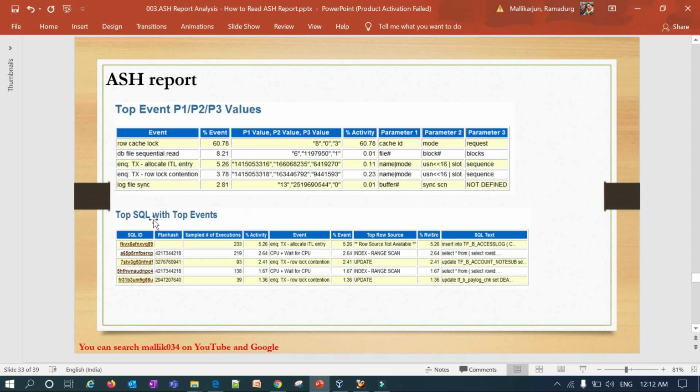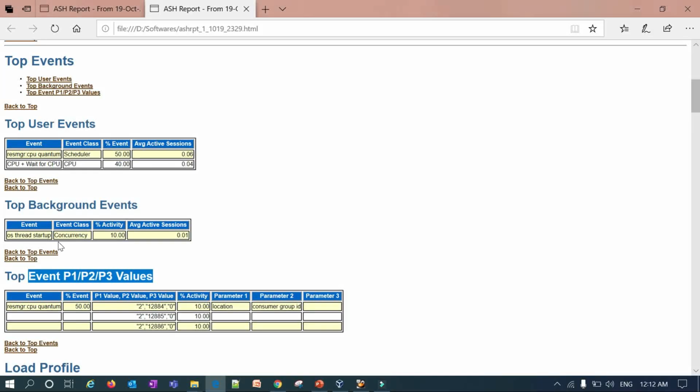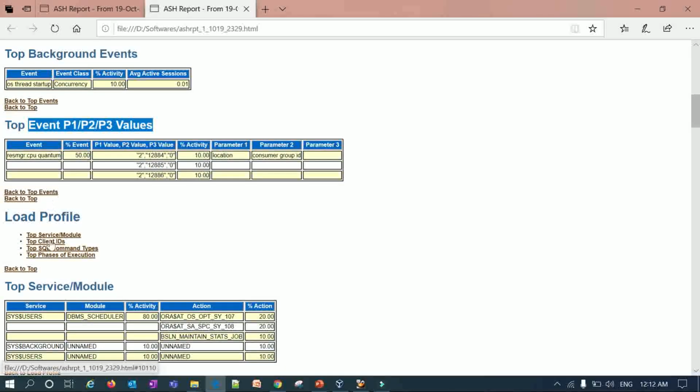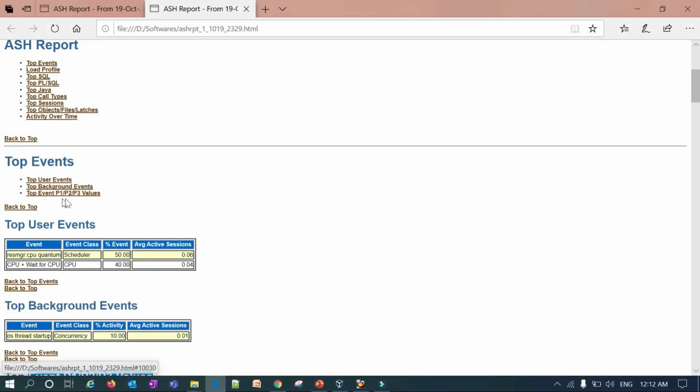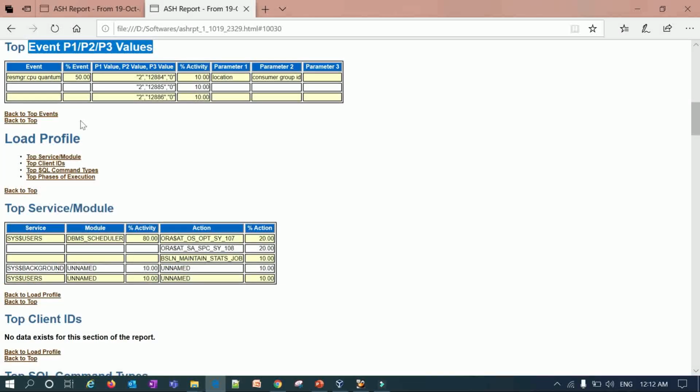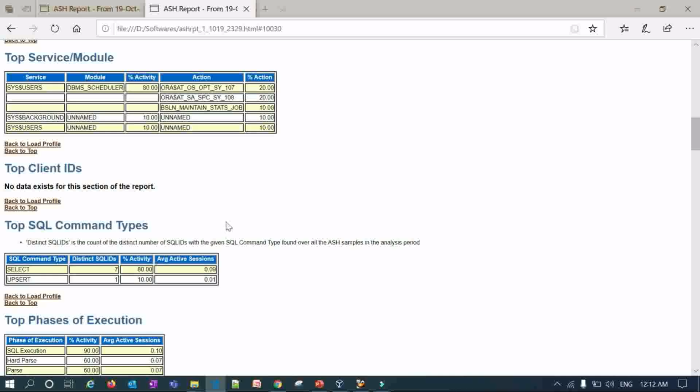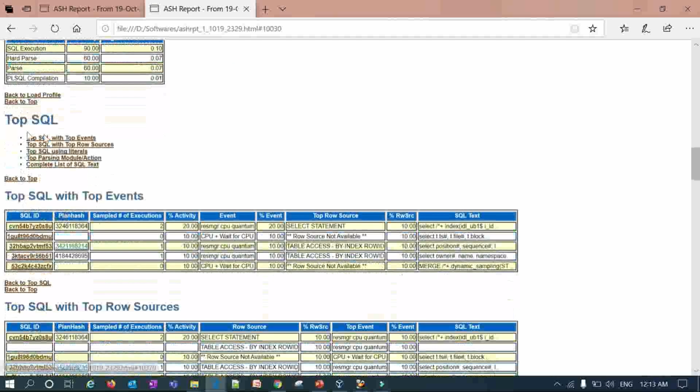And you have to look at the top SQL with the top events. Okay, top SQLs and top events, these are the top P1, P2, P3, top SQLs by command type, and top SQLs by top wait events.